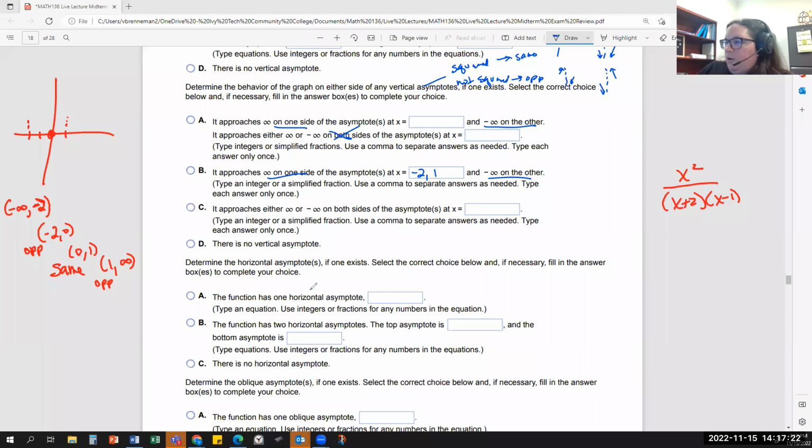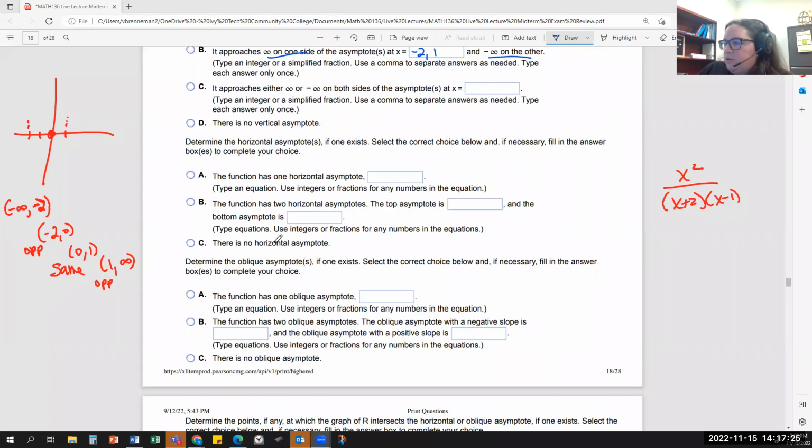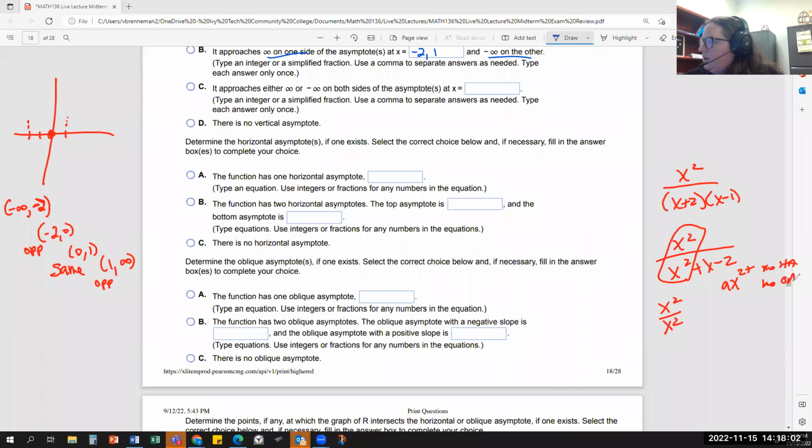All right, so then we have the horizontal and oblique asymptote. You want to think of these really as one question, because you can have a horizontal or an oblique. You can have neither of those, but you're never going to have both. And it's one process: you look at the leading term of the top and the bottom. If that came out to a multiple of x squared or higher, then you would have neither. There would be no horizontal and no oblique.